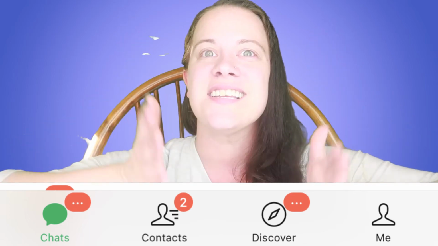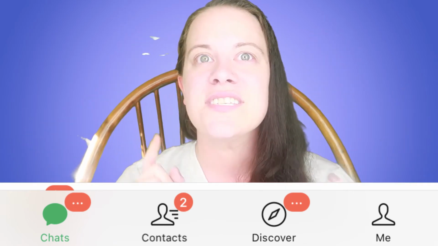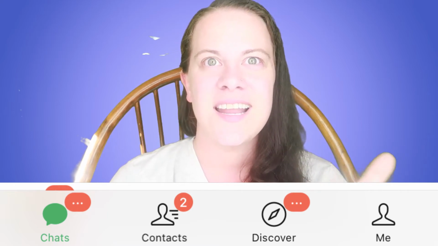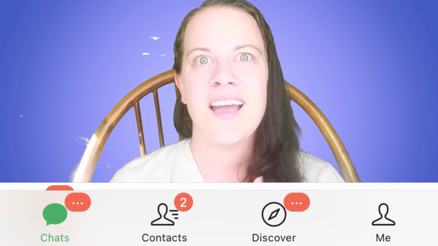When you first log on to WeChat, all of your messages are going to be on the screen. That's the main thing that you're going to see. It's going to be the messages, and it's going to be group messages and private messages. So your little speech bubble, and then next to it, it says contacts. If you click on contacts,